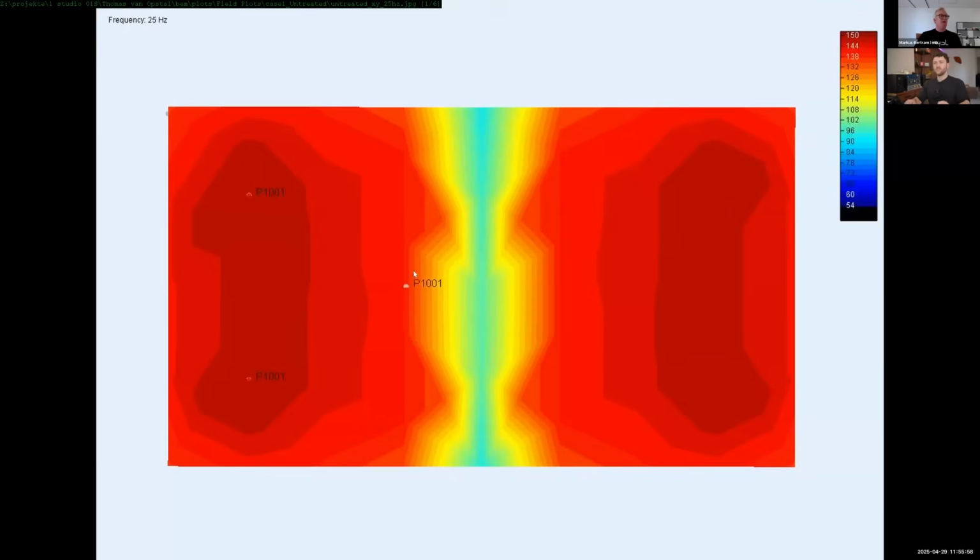Well, apparently Markus and his team have developed a set of tools that can help you predict and visualize your room's behavior. So let's have a look at what that can tell us. This is what your room looks like at 25 hertz. Yeah. This is two speakers and a listening position at